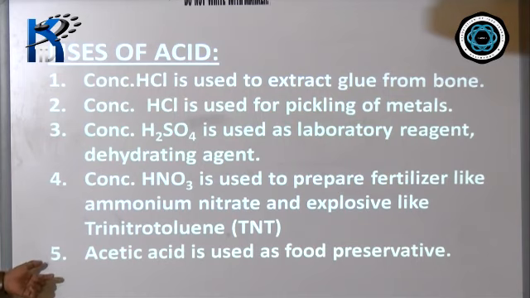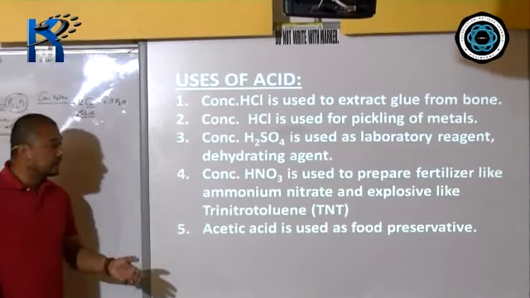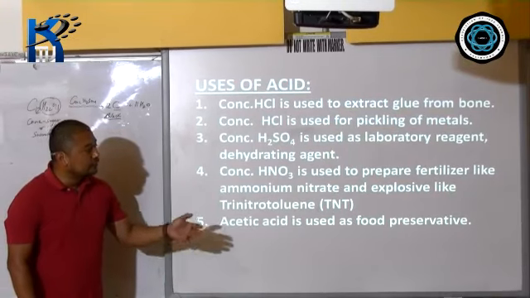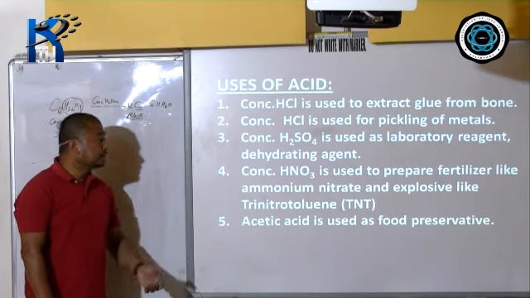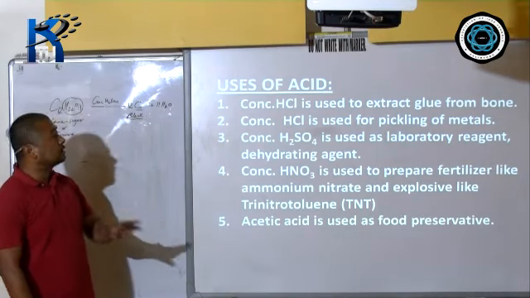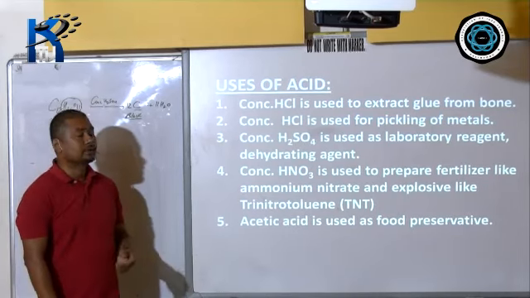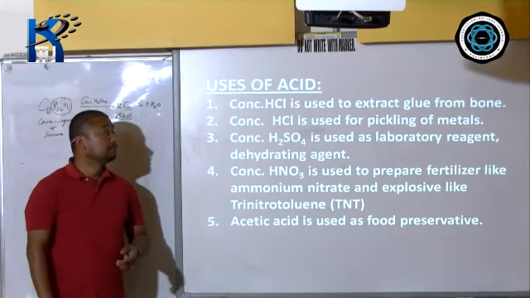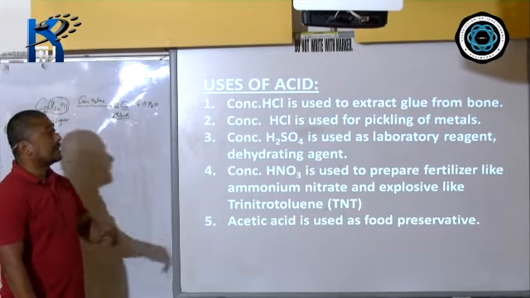Number fifth use of another acid is acetic acid. Acetic acid is also known by the name vinegar, which we use in day-to-day life. Okay, so do remember acetic acid, which is also known by the name vinegar. It is used as food preservatives. To preserve food, we use acetic acid. And students, do remember these all five are not the only uses. There are many others. You can go through your textbook to find other uses of other acids also. But these are the important ones which I have shown you here about the uses of acid.